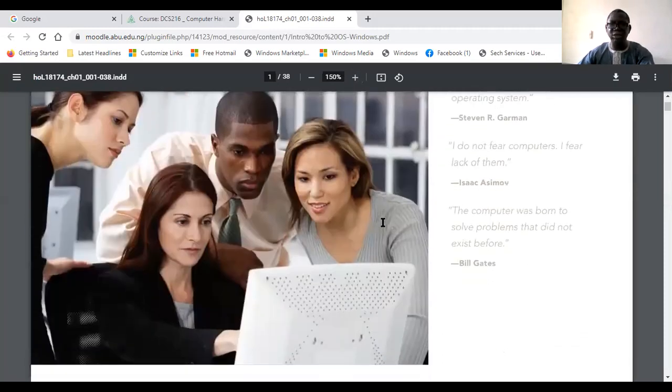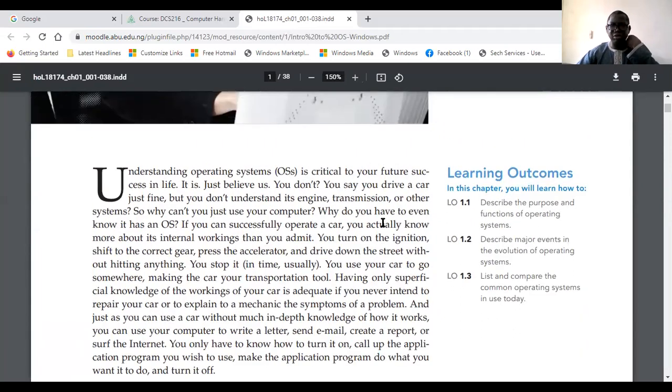We need to understand that operating system is very, very critical to computer system. And just like if you want to be a successful computer scientist or computer engineer, you need to really understand operating systems. Because if you want to drive a car, but you don't understand its engine, transmission, and other systems,